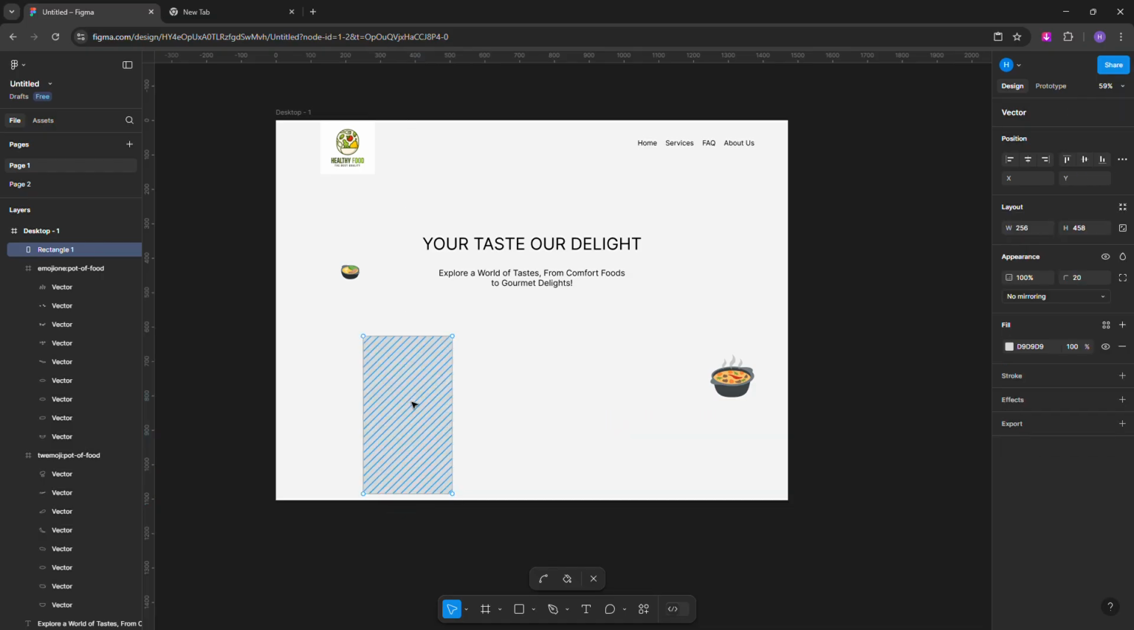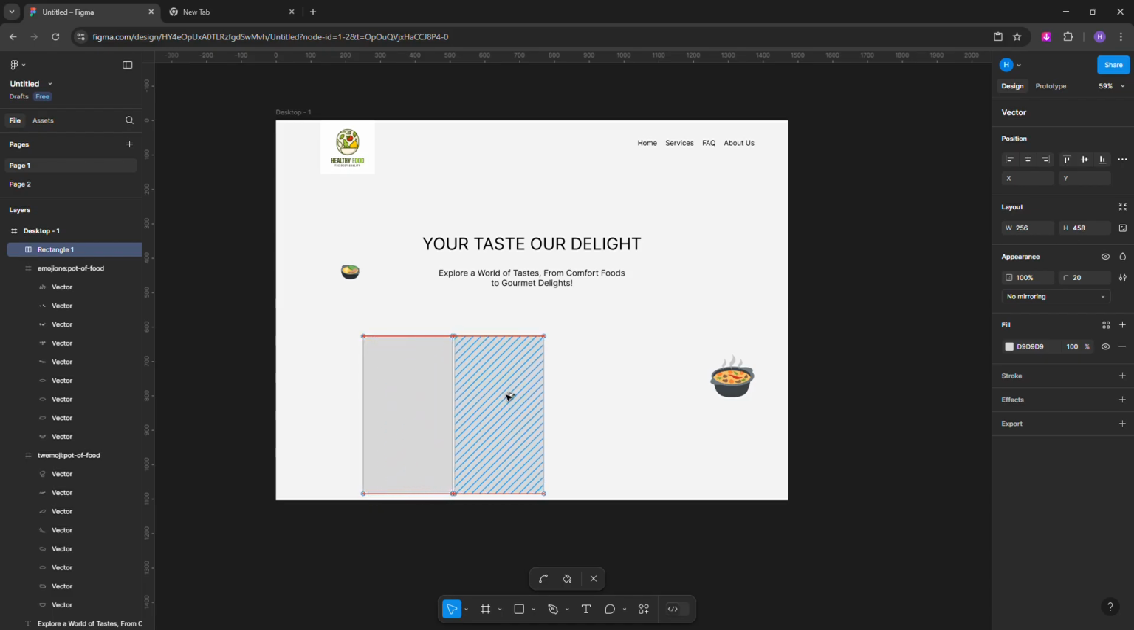When you're in vector mode, hold on your shift and alt, click on it, drag it to the other side. Once you do, you will notice something in this section here. The rectangle is no longer a single rectangle, it's now split into two different rectangles but held together by one